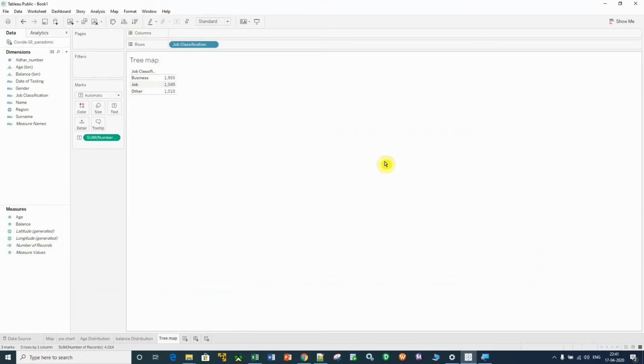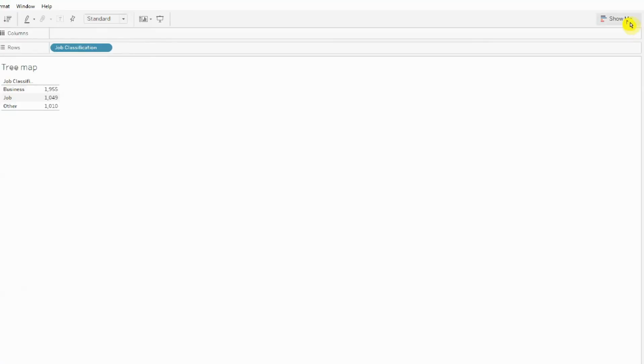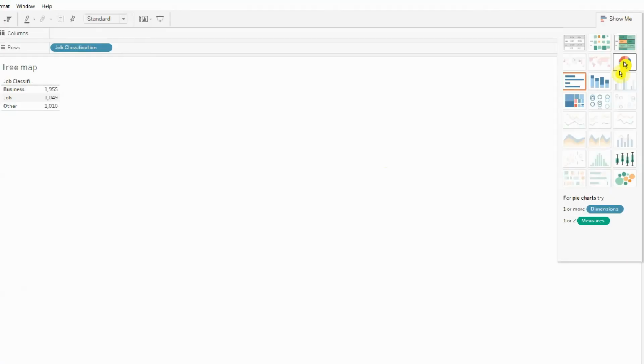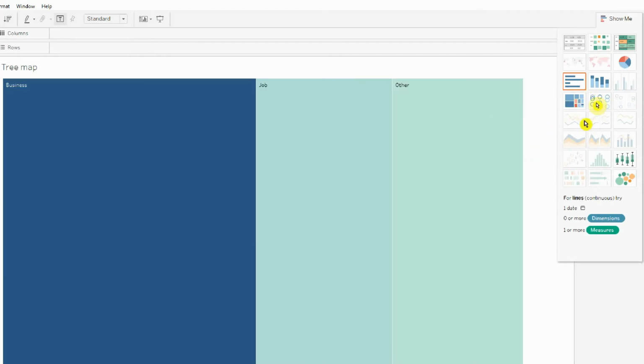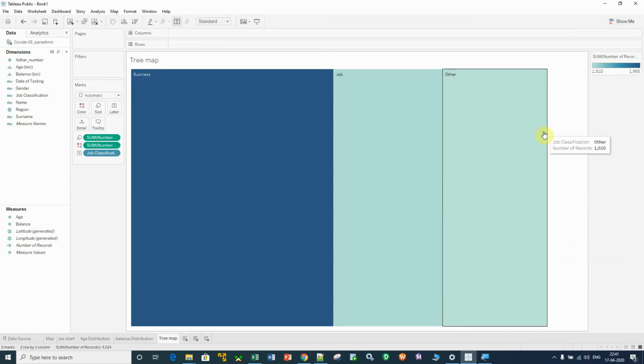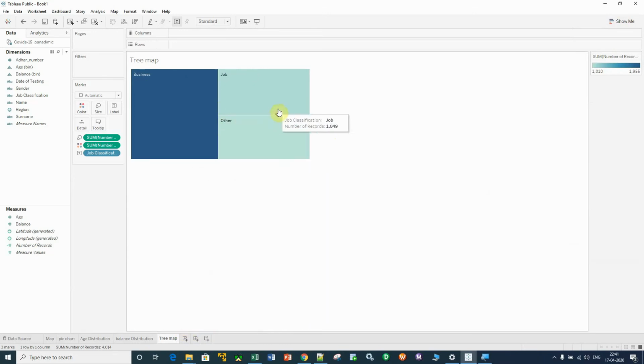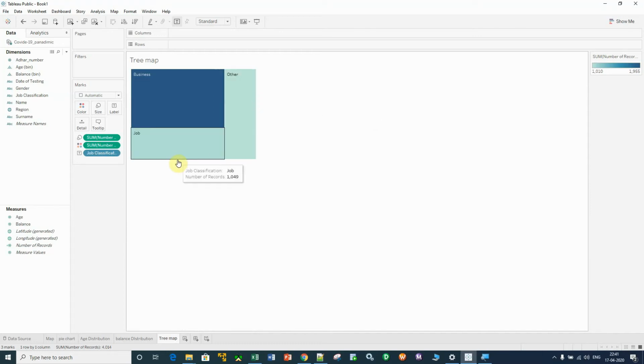But as I told you, we want to create a tree map. So to create a tree map, the option that has been given is Show Me. Click here and see, the tree map has been created, right? Reduce the size of this tree map. Here it is not much informative. The only things available here are job classification, business, jobs